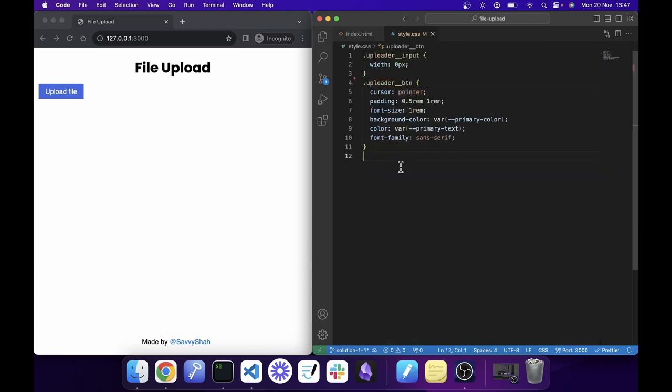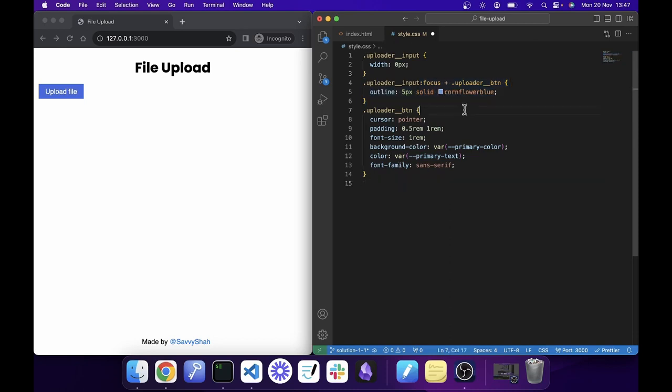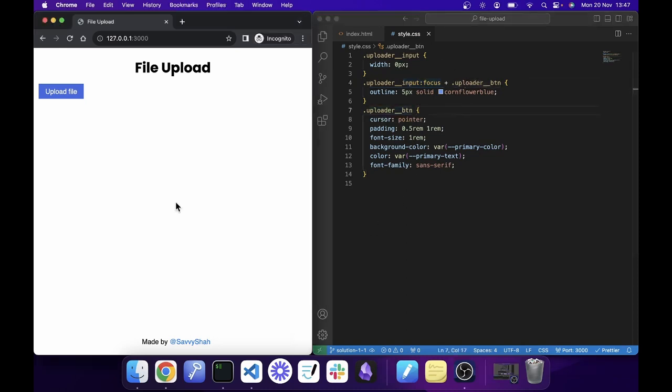We can use the sibling selector here, and the way it works is when the input gains focus, just show an outline. So this is the behavior that we would get,